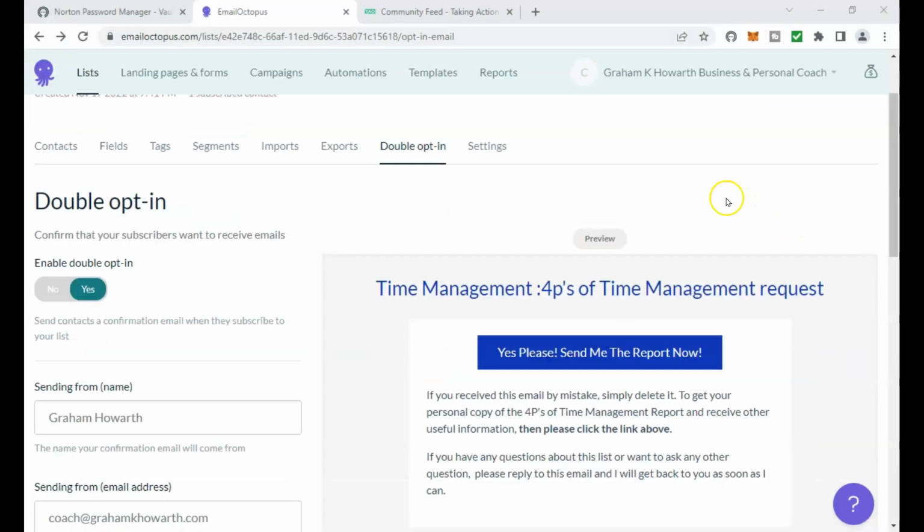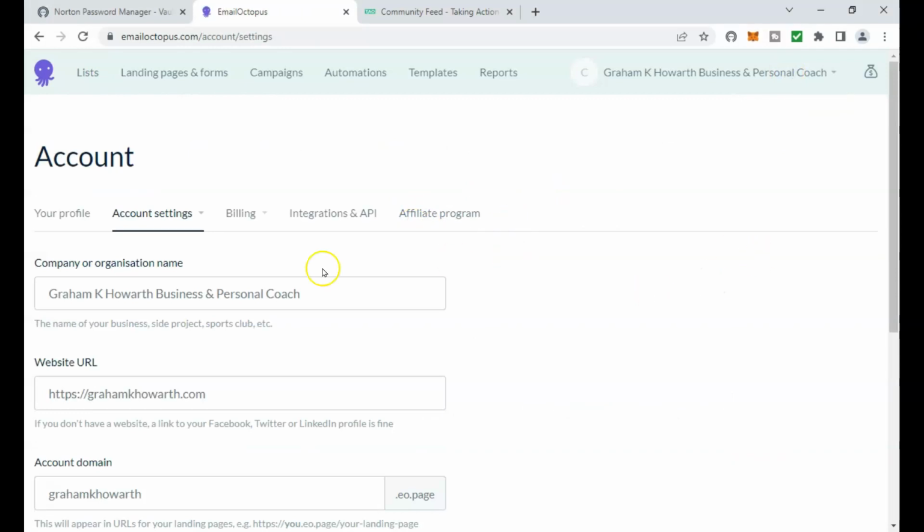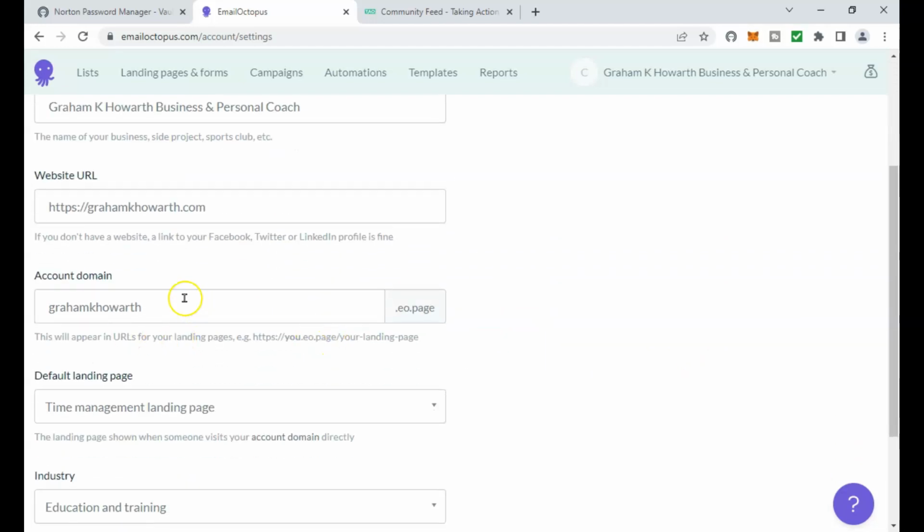Okay, I'm going to do one last thing now. Coming up here, if I do the drop down, I can select my account settings, which is where you have all the basic information about your account with Email Octopus. I've got my main site there, grahamkhowarth.com, which is the site that I use to deal with business startup activities. And here we have an account domain that I've set to Graham K. Howarth as per the main website.